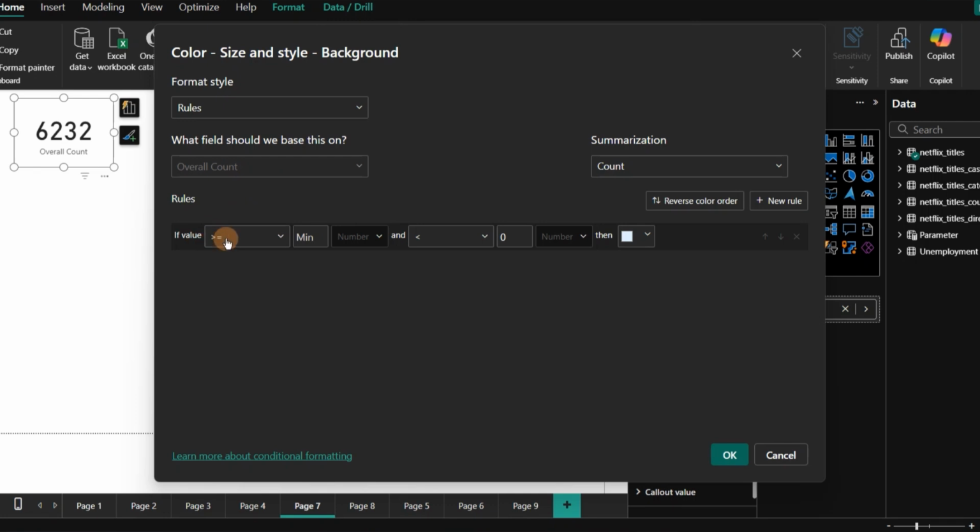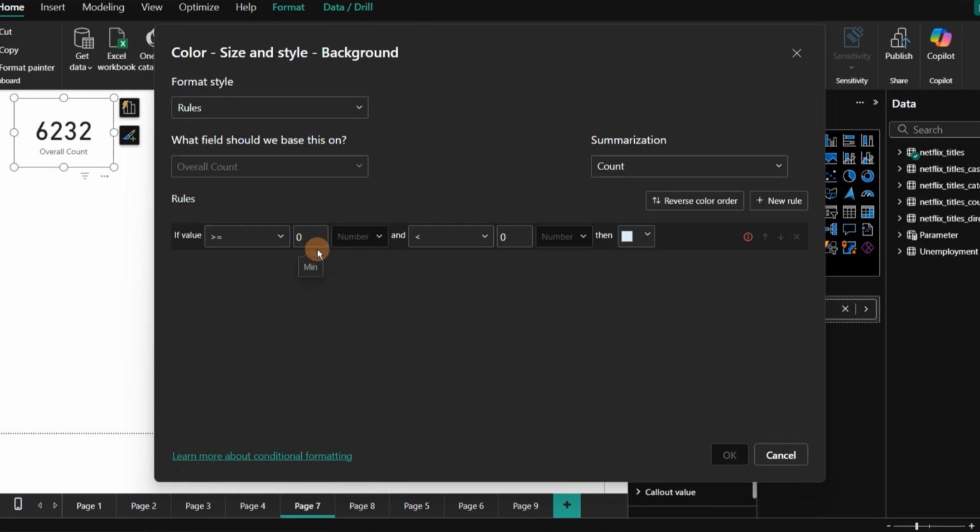Now my rule is that if value is less than or equal to minimum, it will take itself. I don't want to define any minimum value. The minimum value can be anything from my end, so I will just write minimum here. If I have a minimum value, suppose 0, I can write 0 also here. Whether it is a number value or any other value, it is a number value only, so it will not depict any other option other than number. If it may have any other option also, then it will be depicted in this drop down.